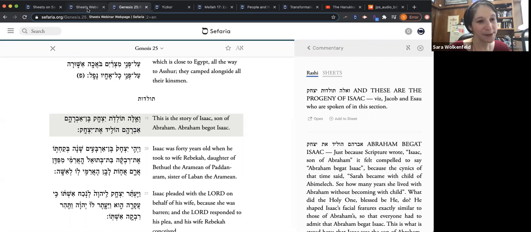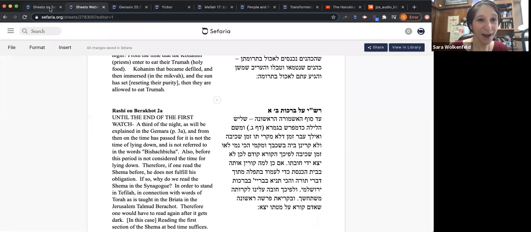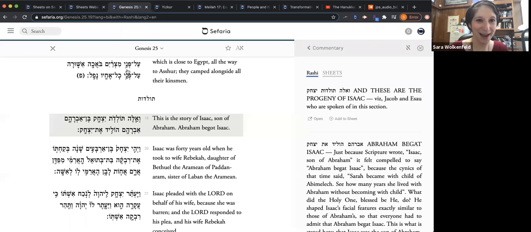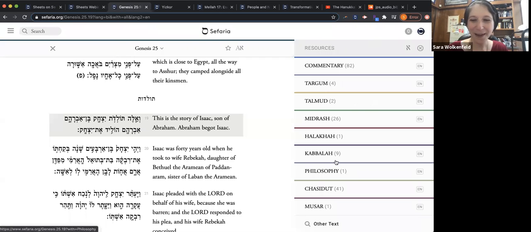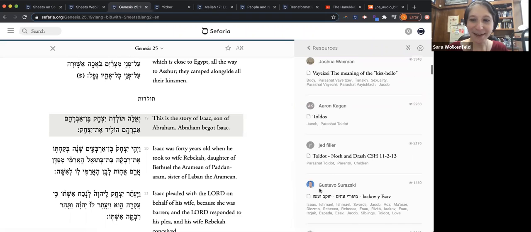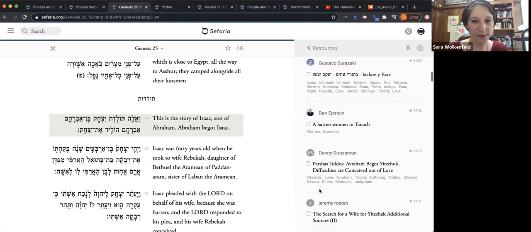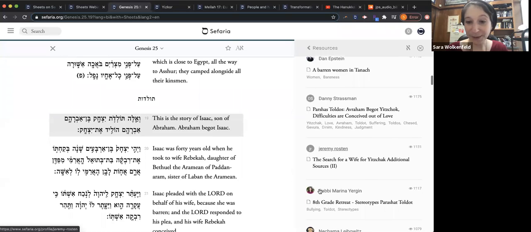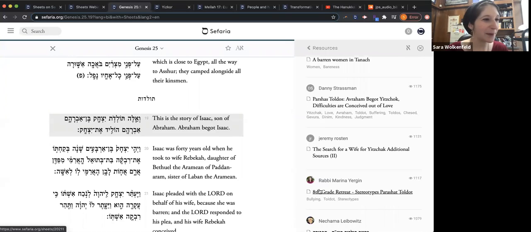What's important to remember as well is that Sefaria sheets are always linked to the library. And so anytime you add a text to a Sefaria sheet, you will then be able to find that sheet when you go back into the text. So, for example, if I click on, sure, why not, the beginning of this week's Torah portion, sheets are one of the options in the sidebar. And all of the sheets that you're seeing on the side here are sheets that quote this verse. They're sheets from a lot of different people. They have a lot of different titles, but they're all there because they quote this verse that I've clicked on.